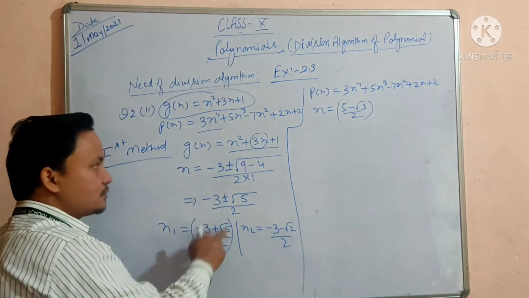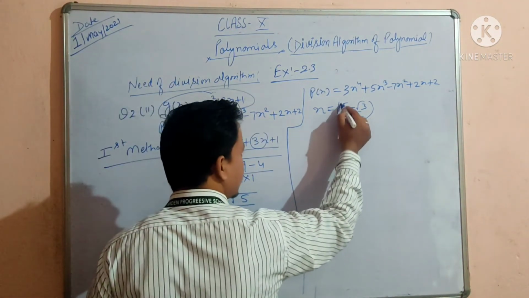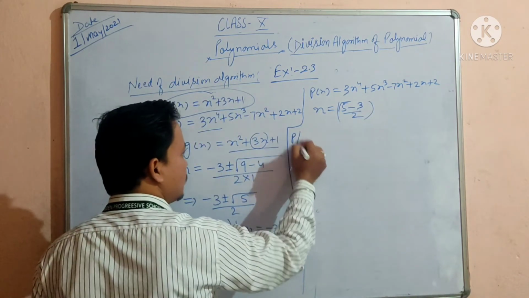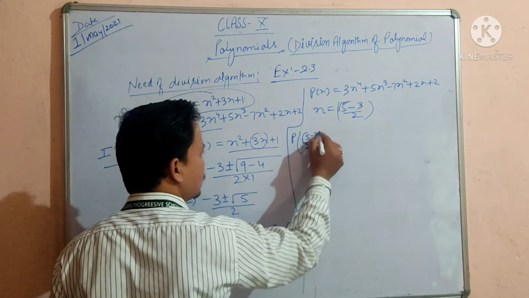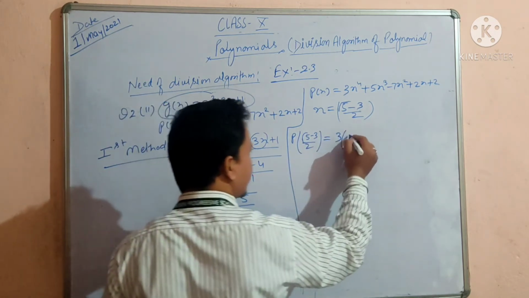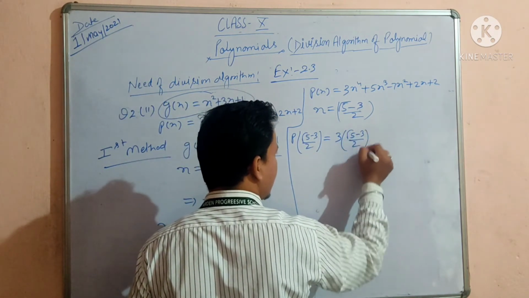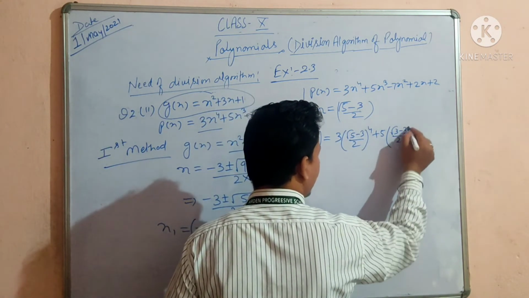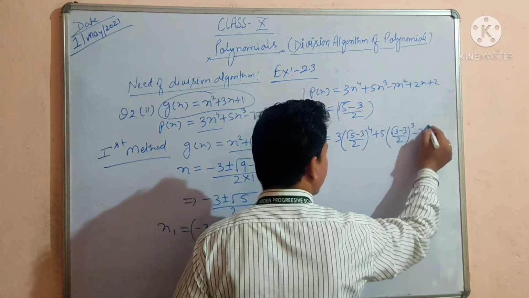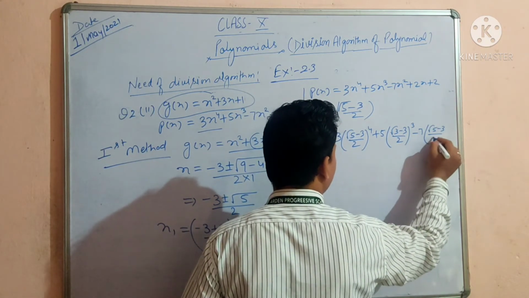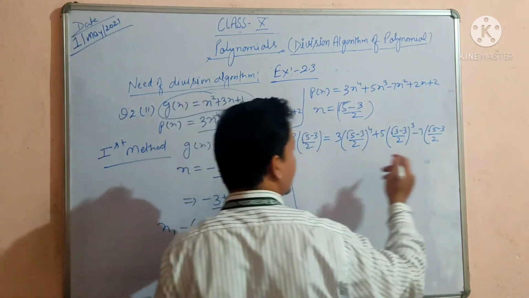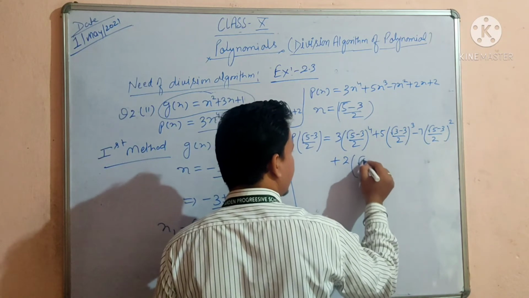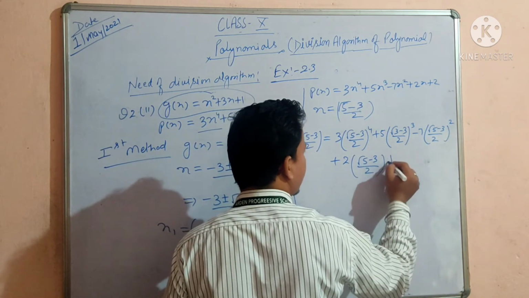Since root 5 is positive, I am taking it first. Root 5 minus 3 upon 2. So p of (root 5 minus 3 upon 2) is 3 times (root 5 minus 3 upon 2) whole power 4 plus 5 times (root 5 minus 3 upon 2) whole cube minus 7 times (root 5 minus 3 upon 2) whole square plus 2 times (root 5 minus 3 upon 2) plus 2. Okay,